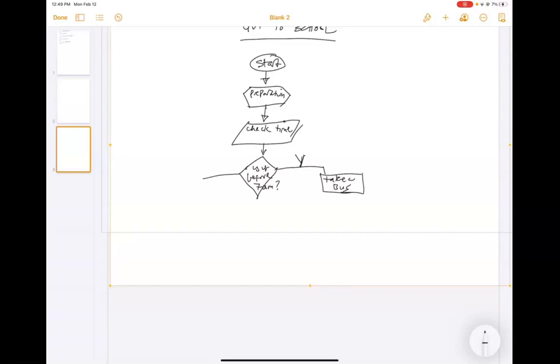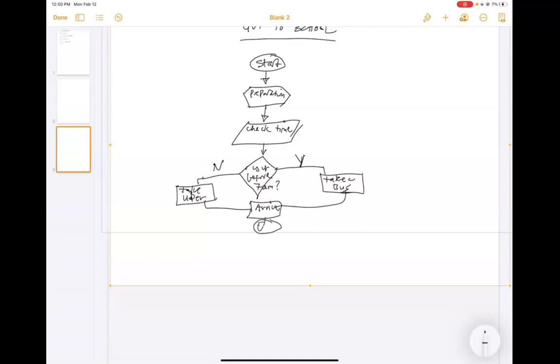But if it's not, then we have to make a decision to take Uber. And in this case, the next thing is to arrive. If you take an Uber or if you take a bus, you will arrive. And in this case, then we can actually close, or we can